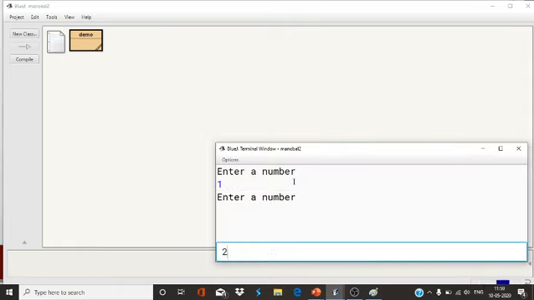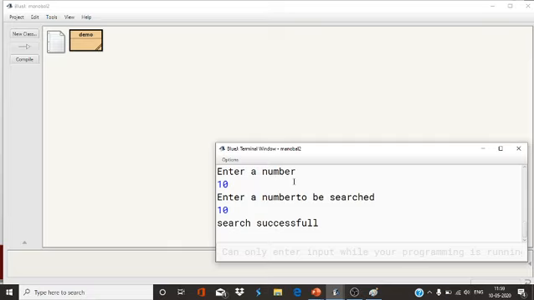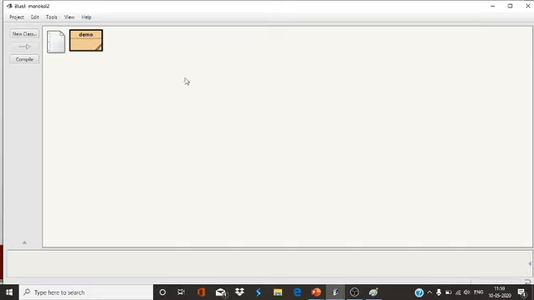We have entered 10 numbers, 1, 2, 3, 4, 5, 6, 7, 8, 9, 10. Now enter a number to be searched. Suppose I have entered 10. Yes, search successful.